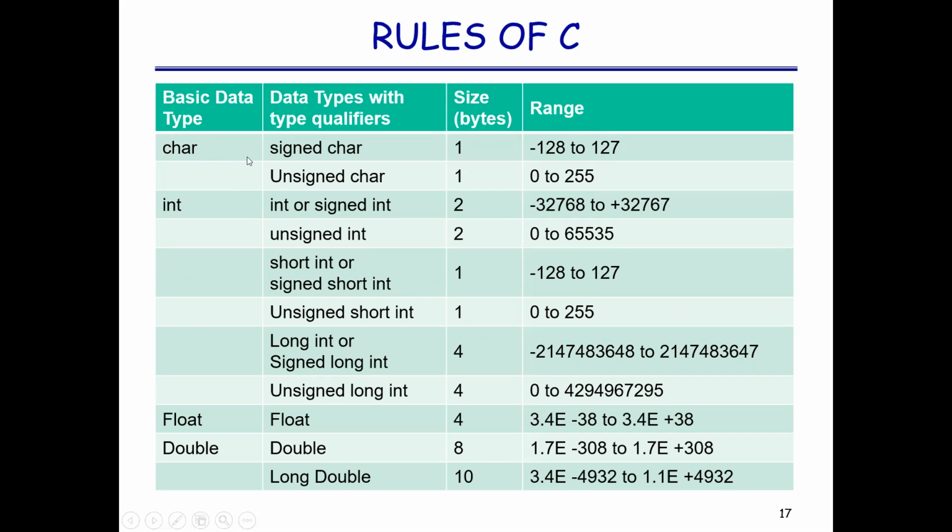In the char, you can use the signed qualifier or unsigned qualifier. I told you that whether you use signed or unsigned, the size is the same, 1 byte, but the only difference is, Kaushik, its range. In case of unsigned char, the range is 0 to 255. But in case of signed char, it is minus 128 to plus 127. So this is the range. And the answer you provided me is the wrong answer. So again, you have to work on that.